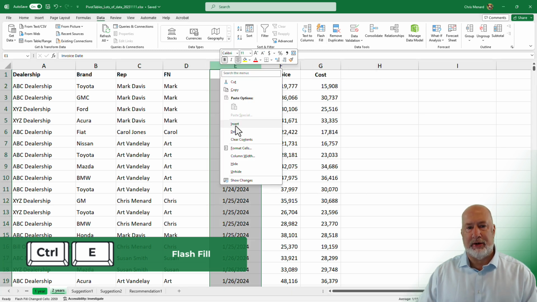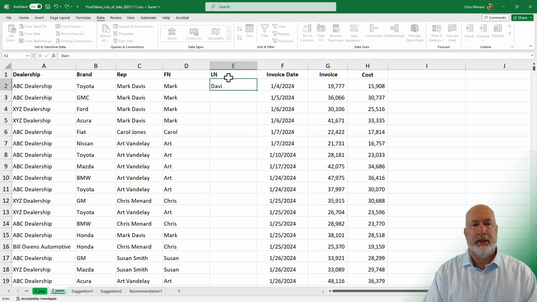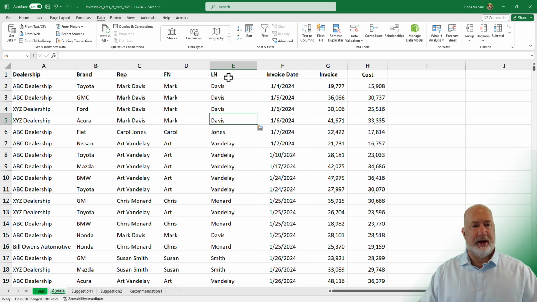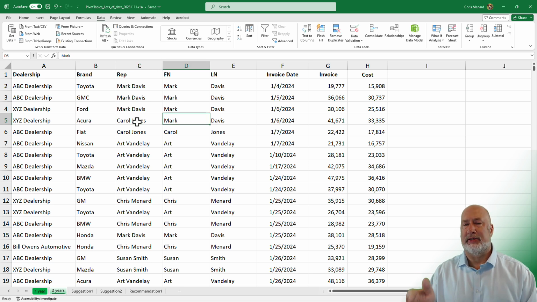And then I could come in here and do the last name. I'll just do it real quick. It is important that when you're typing in these names, you type them with the correct capitalization. So notice my Davis has a capital D. Let's do a Control E there, and then I always like to check them. The issue with Flash Fill is it's static. If I made a mistake here and say, you know what, that was Carol Jones, notice D and E still says Mark Davis. So let's pop over to the web and look at Formula by Example.